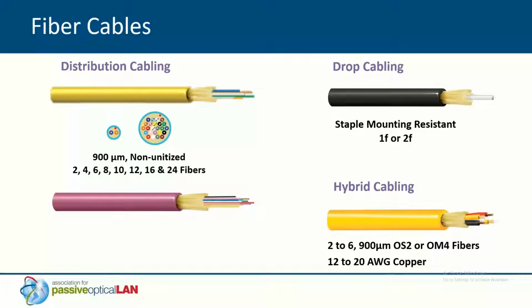And so that's the case where we want to deliver power and data over long distances. We can do that with a class 2 type of power device or other power devices that are out there. Again, these would have similar fiber as you see in the distribution cabling, but with the addition of copper conductors and power as well.